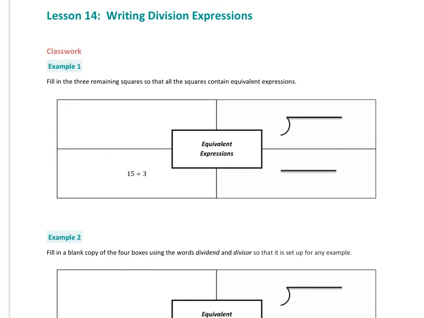So 15 divided by 3, that's how you write it, using the standard notation. Remember, a lot of times people want to write it like this, 15 divided by 3, but that's totally backwards. This is 3 divided by 15, so that's no good. And you could also write it as a fraction, so 15 divided by 3. We're actually going to be writing them as fractions quite a bit. And then, finally, as a sentence, it would be